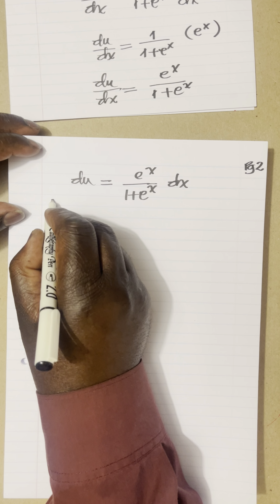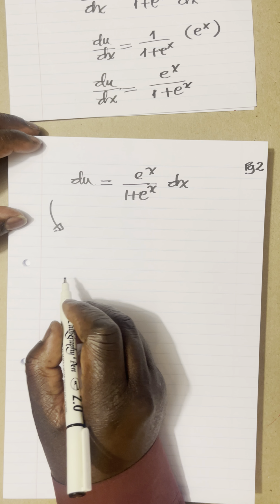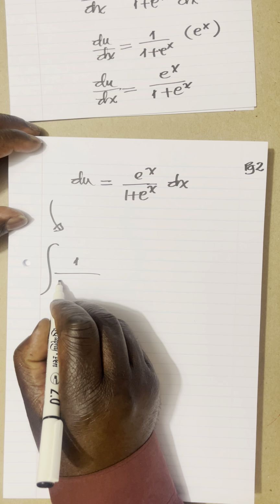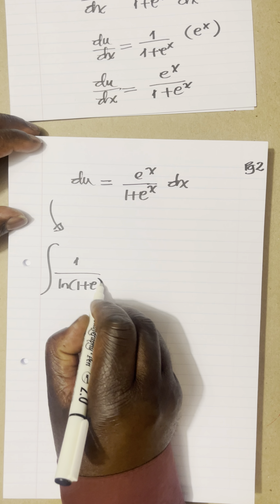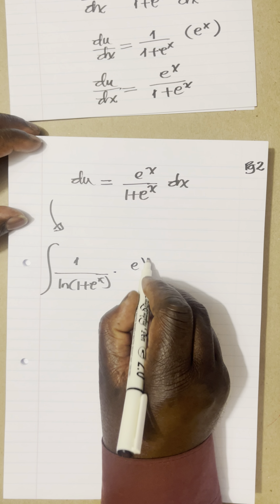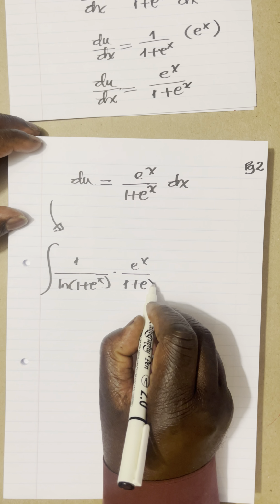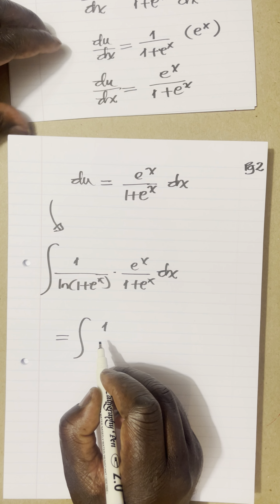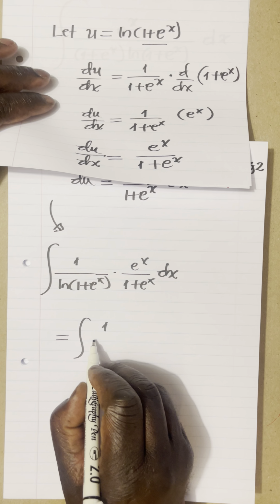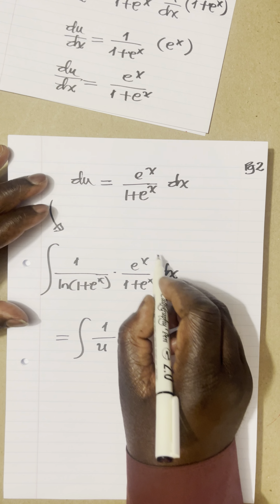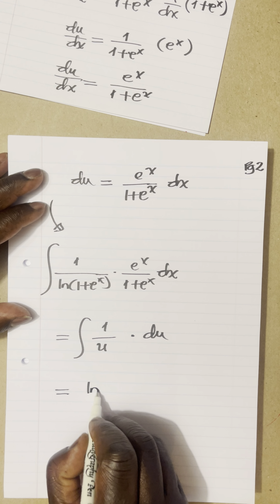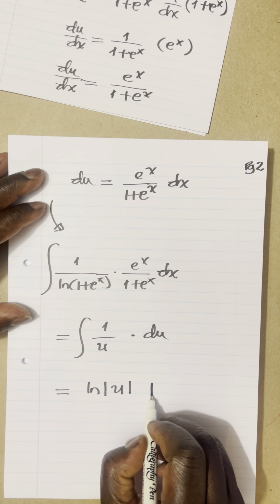So we are now saying, if you allow me to use an arrow here, that means our integral of 1 over natural log of 1 plus e to the power x, multiply this by e to the power x, all over 1 plus e to the power x, dx changes to the integral of 1 over u. Remember what we said, there is your u, 1 over u times, what is this expression here? It's just du. Now what is this? Well, this is natural log of u plus c,